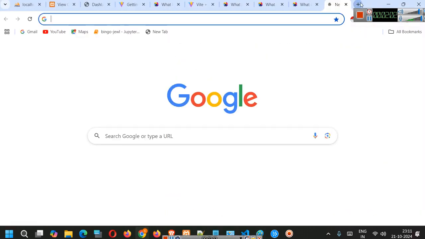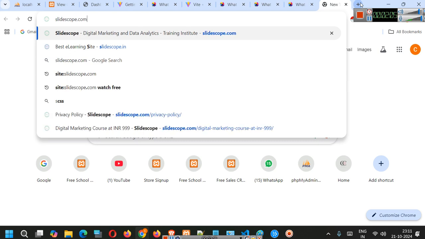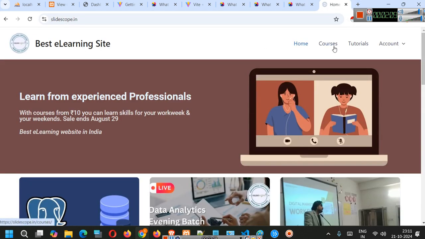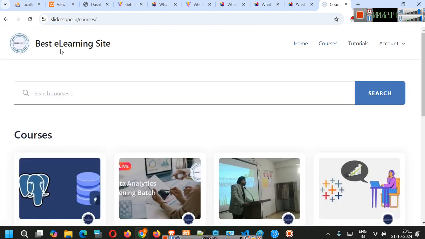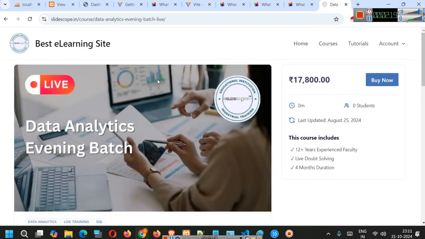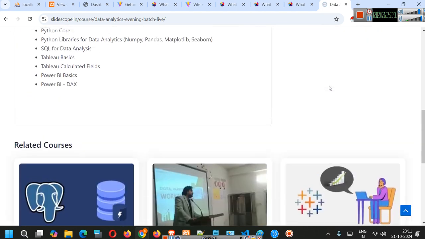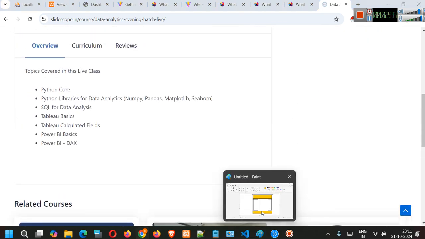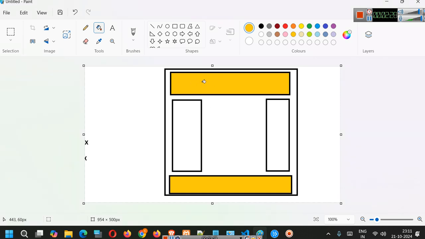Let's open our website, slidescope.in. Here you can see this header and footer. If you go to the courses page, then also this header and footer is there. If you go to any batch, you will see the same header and footer. So in a web page or a web application or a website that you are developing, there are many components which are repetitive. In general terms, your navbar, your header, your footer, your sidebar, they can